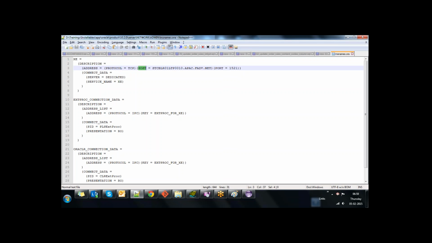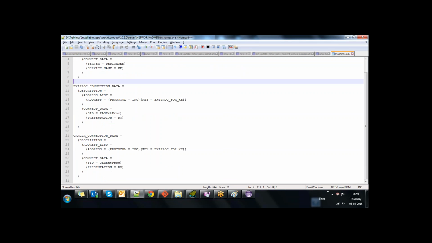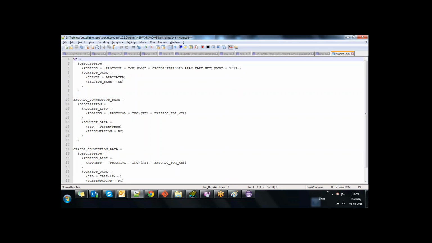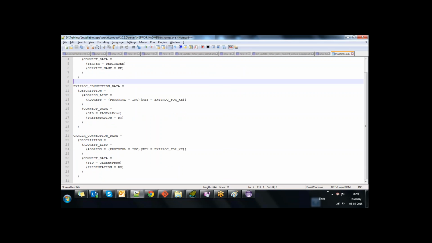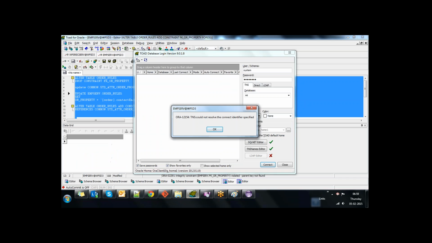So, if you want to introduce a new schema, if you want to introduce your own schema separately, you have to provide code like this. You have to get this information, copy it and do some operations, and XE1, XE2, anything you can provide it here. So, one schema contains